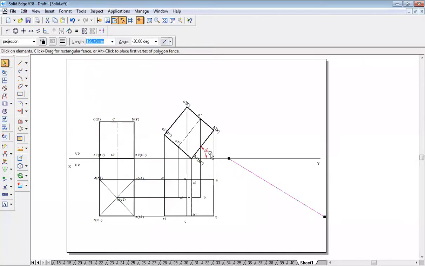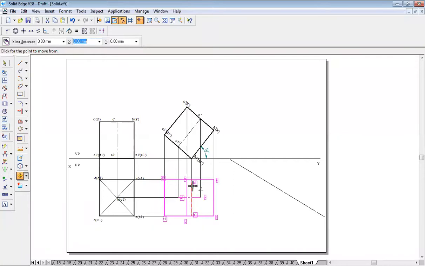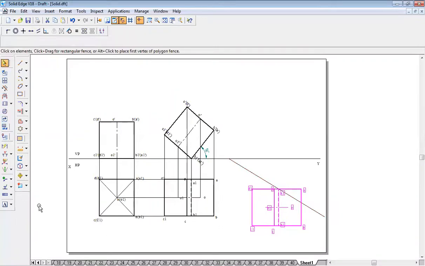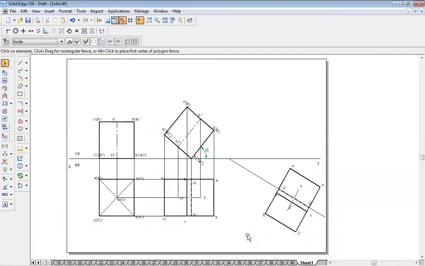0.05. Enter. Now select the entire thing. Go to move command. Switch on the copy option. This A1 point end, take it on the line. Okay, then right click, go to rotate command, same A1 point as first click, the other end B1 point as second click, put it on this inclined line. So this is how you are going to get it.